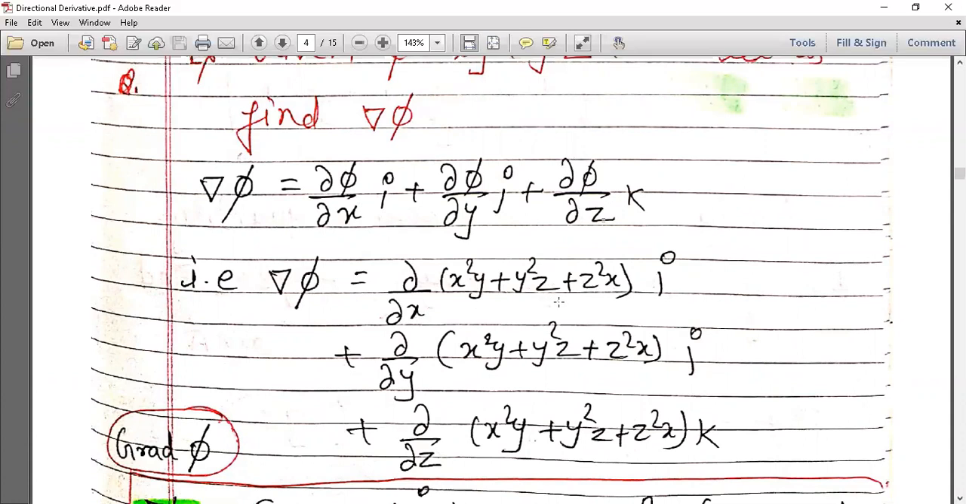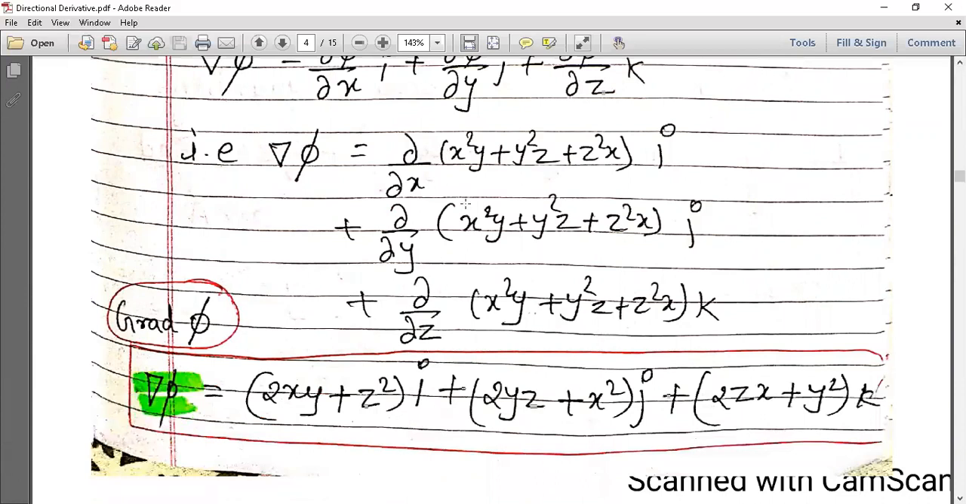So this is our first derivative for i. Second derivative we are having for j. Then here third derivative we are having for k. Now we only need to differentiate with respect to x, y and z. So when we are differentiating with respect to x, y, z, the differentiation with respect to x, because it is